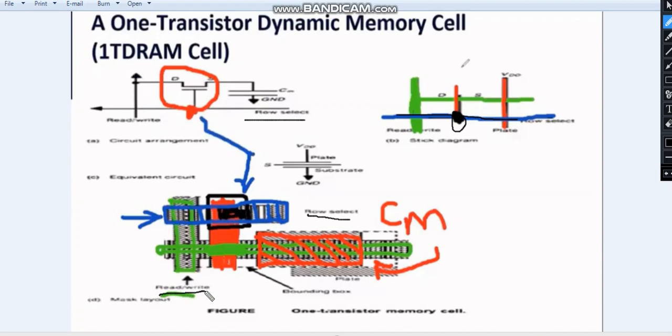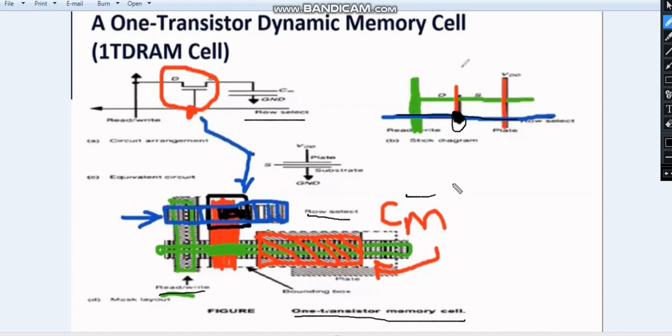See here, this is a read and write operation, and there is no contact point across this one still. And here is a contact point, so we have made a contact point, that is, a gate has been connected to metal. Which is our gate here? This poly is a gate here, and the metal is the blue color one, hence we have taken a contact, the black color one, it is a contact point here. So that is about the one transistor memory cell.